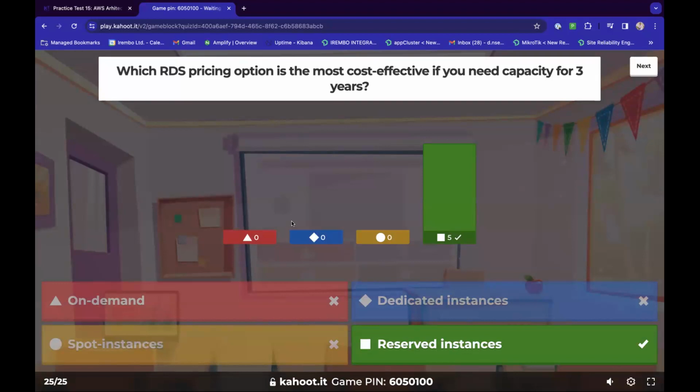So yeah, as we mentioned, the more you commit, the more you get. So your bill is less the more you commit. So the discount also goes high. So if you're committing for 3 years, you're definitely getting the best pricing option.